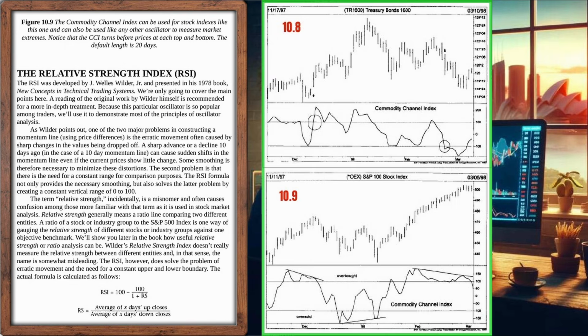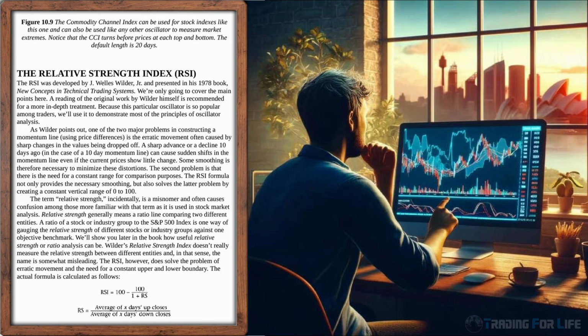The Relative Strength Index, RSI. The RSI was developed by J. Wells Wilder Jr. and presented in his 1978 book, New Concepts in Technical Trading Systems. We're only going to cover the main points here. A reading of the original work by Wilder himself is recommended for a more in-depth treatment. Because this particular oscillator is so popular among traders, we'll use it to demonstrate most of the principles of oscillator